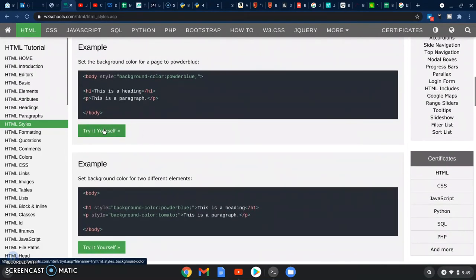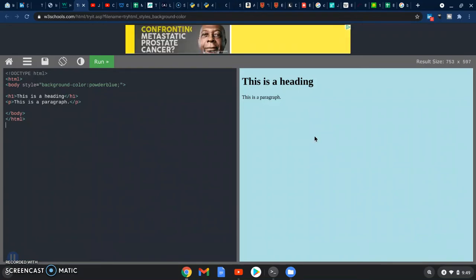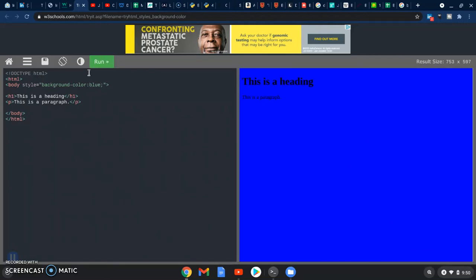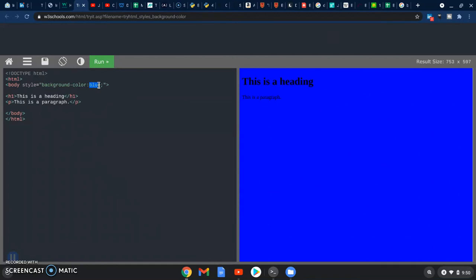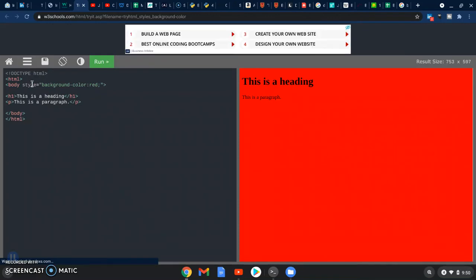Let's take a look. So in this particular case, we have the HTML on the left, and over on the right we can see a powder blue background, and not surprisingly, that's because the body tag here has a style attribute with background color as the property and powder blue as the value. I'm just going to shortcut what we might see later, but instead of powder blue, let's just go with blue. Right? Let's rerun this, and my guess is it's going to get darker, sure enough. I don't think we'd want that, but if we wanted to make the background red, we could do that, and so forth. So that's a little bit in a nutshell how the style attribute can work in the body